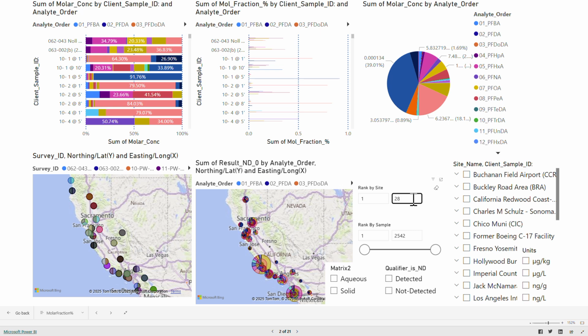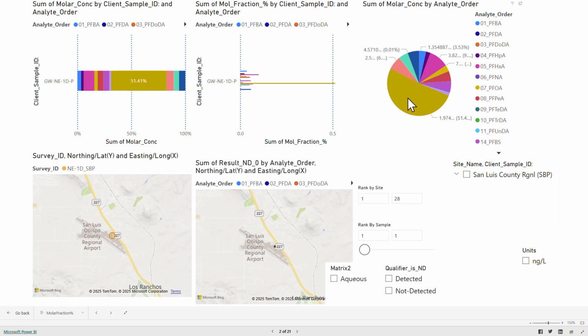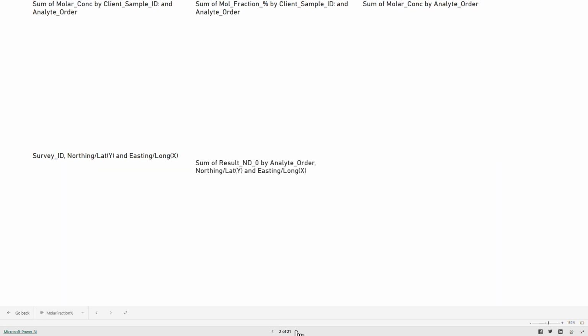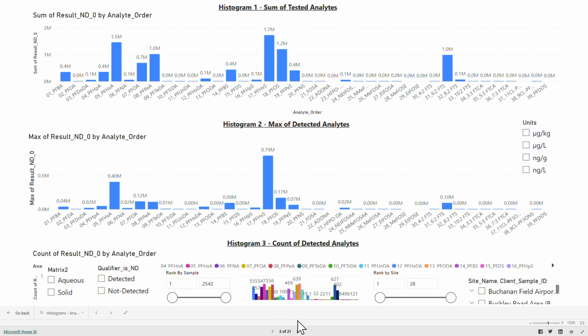As demonstrated, we can see that the percentage by molar concentration of PFAS excess for sample GWNE1DP is 51.41%. Returning to page 1, we can see that for the same sample by weight concentration, the percentage is 54.31%. Moving on to page 3, we present 3 histograms, one showing the sum of tested analytes, one showing the